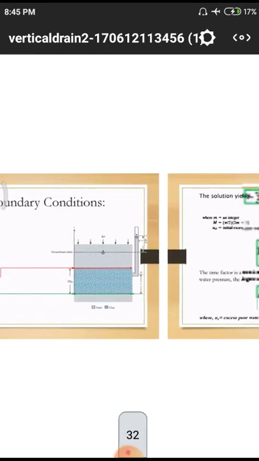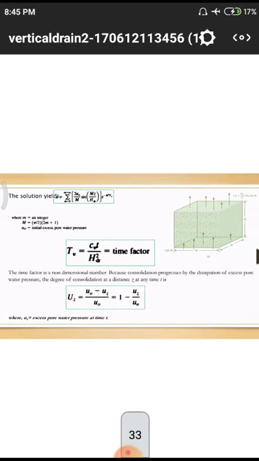After some depth we have double drainage. That means at the top layer we have no quantity of water. After some depth also we have no quantity of water. Again, going to some depth we have a huge amount of water, with a depth of 2H, and u equal to 0. So those are the three different conditions of water levels.